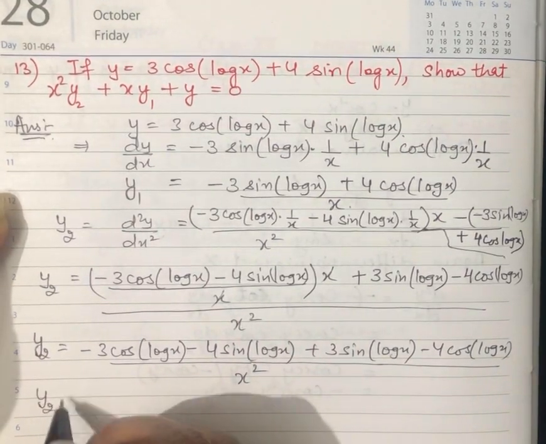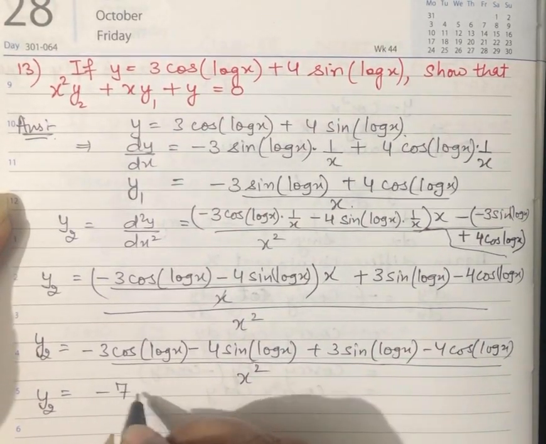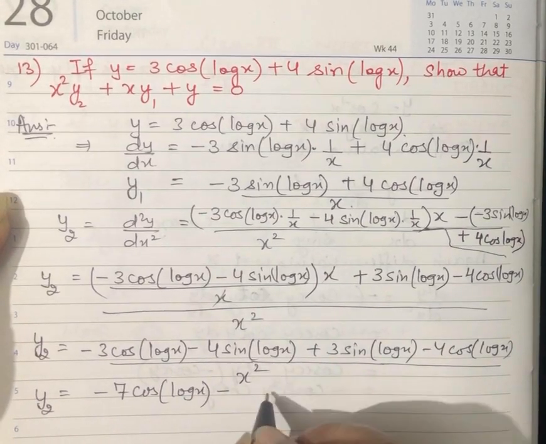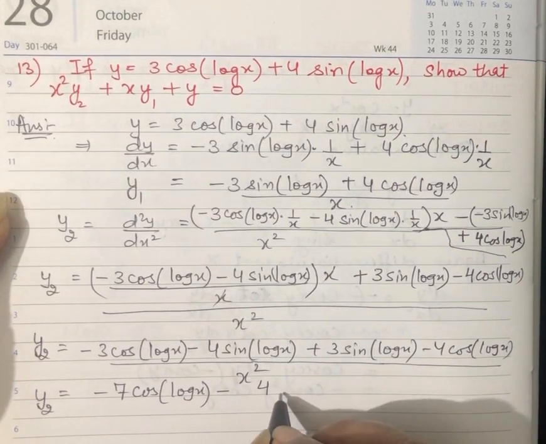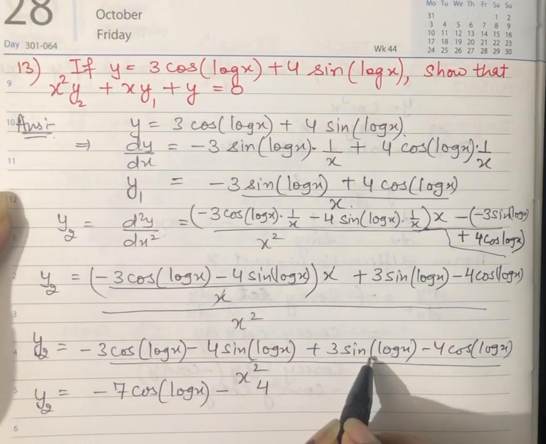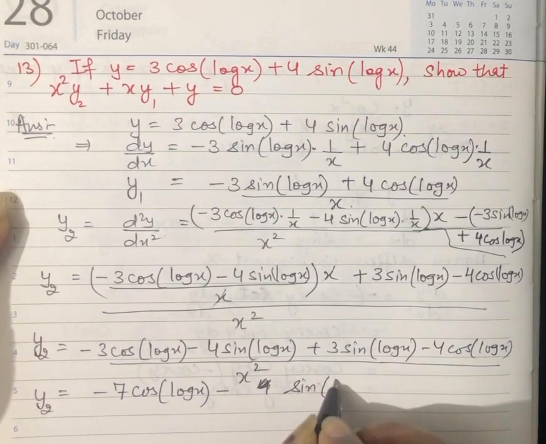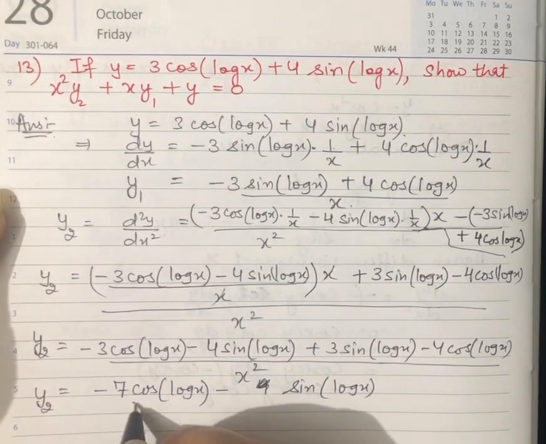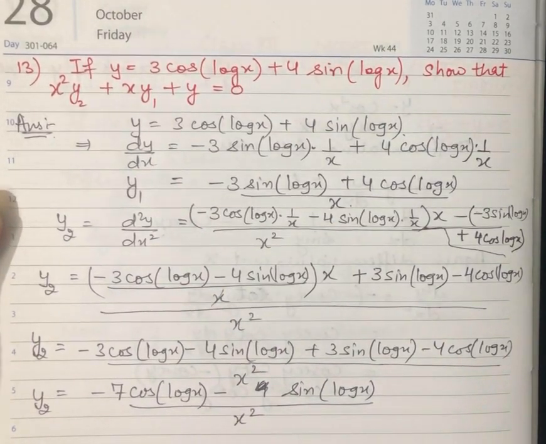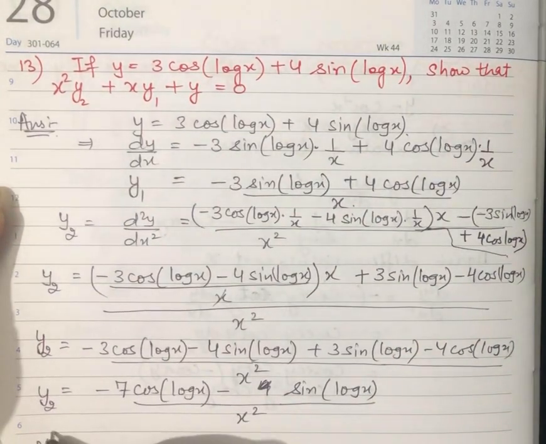So y2 becomes minus 3 cos and minus 4 is minus 7 cos log x, minus 4 sine and plus 3 will be minus sine log x, upon x square. So this implies, now x square